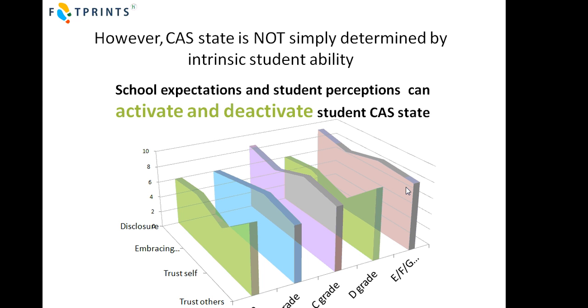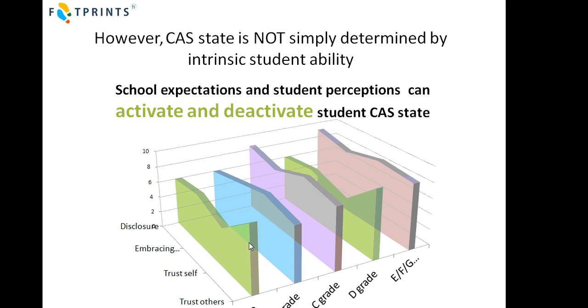In fact, let me take you up to the EFG grades, because you see again, even though this was in a different school, similar to the previous set of results, we find this high trust of self, high trust of others in the lowest set children. But strangely and unexpectedly, what we didn't expect to find was a pattern in the D grade students that mirrored the pattern in the A grade students. That same pattern re-emerged of a high trust of others, low trust of themselves when they were engaging in their lessons. It wasn't seen in the EFG students, and then bizarrely it wasn't seen in the C grade students either.